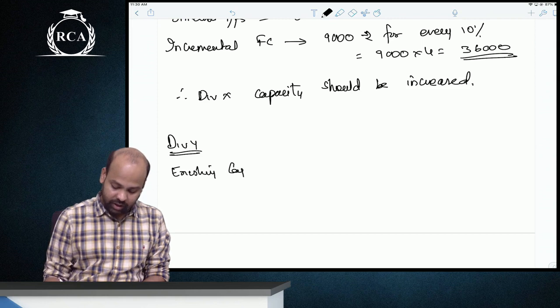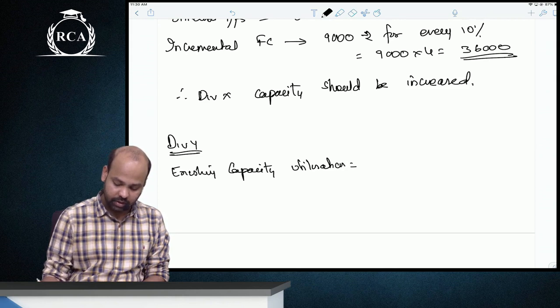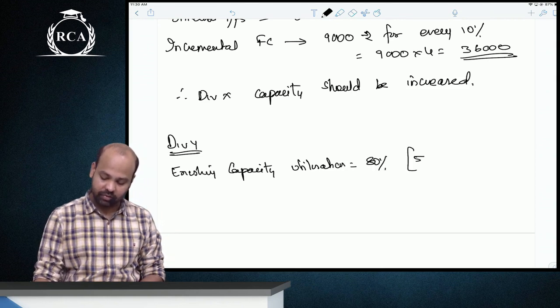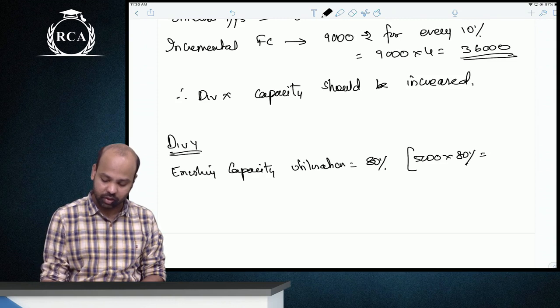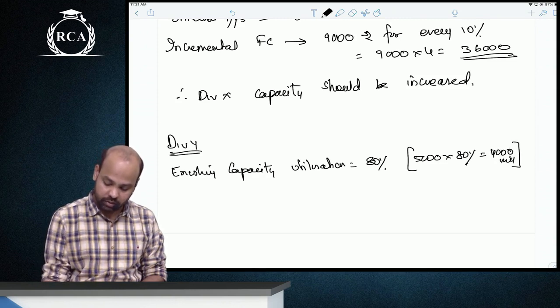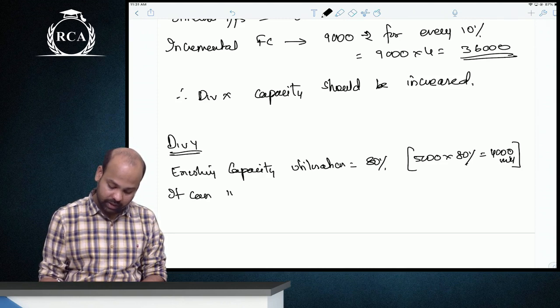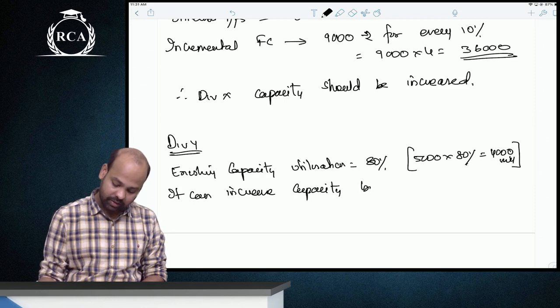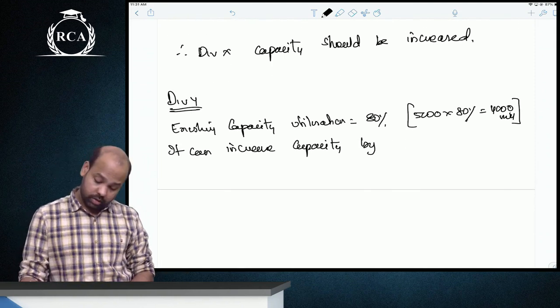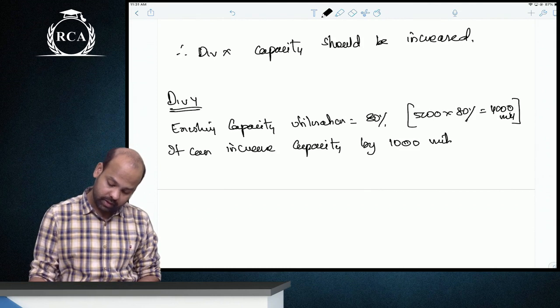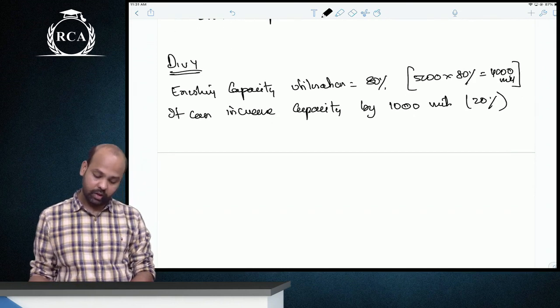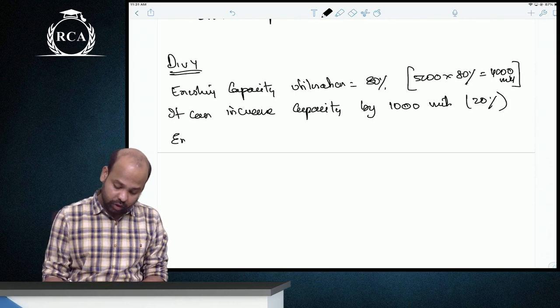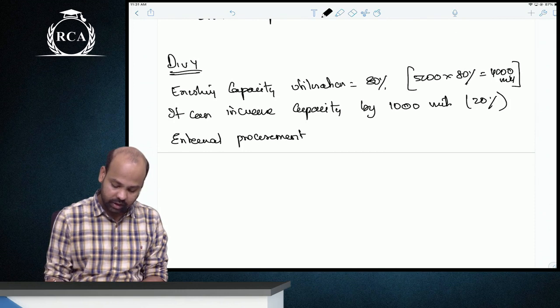Existing capacity utilization is only 80%, that is 5,000 units, 80%, 4,000 units. It can increase capacity by 1,000 units, 20%. Do not forget, external procurement effective cost was 32 rupees,